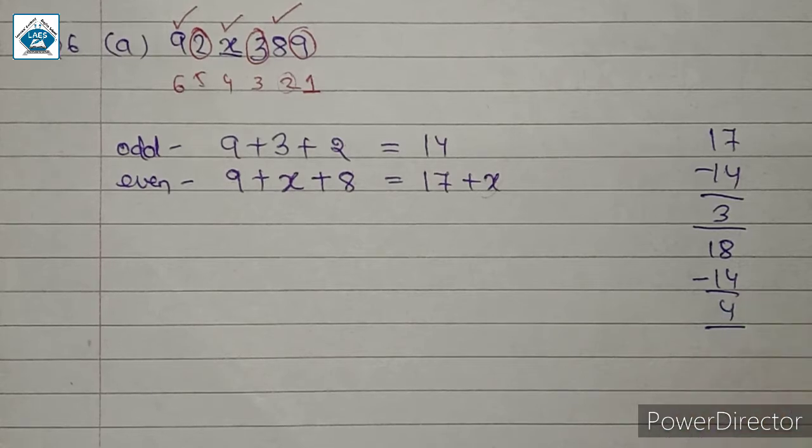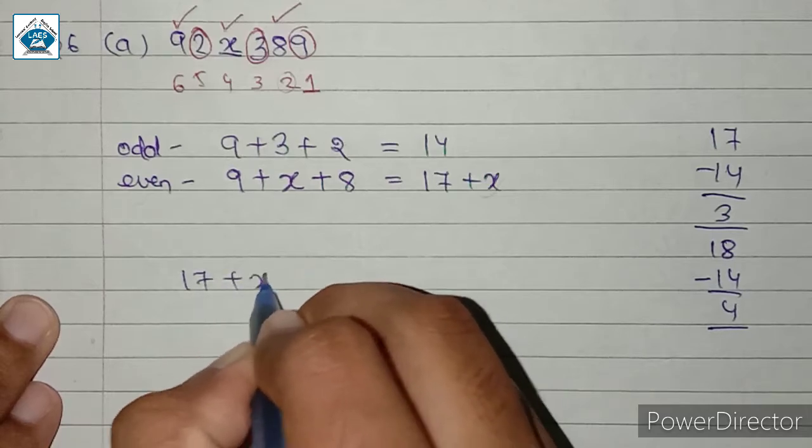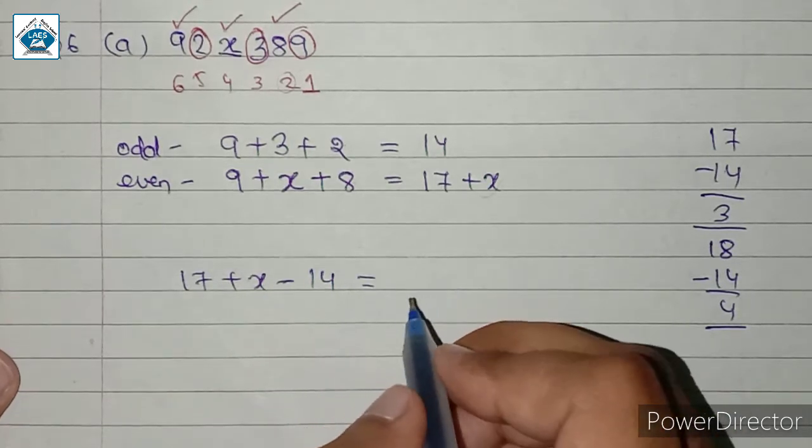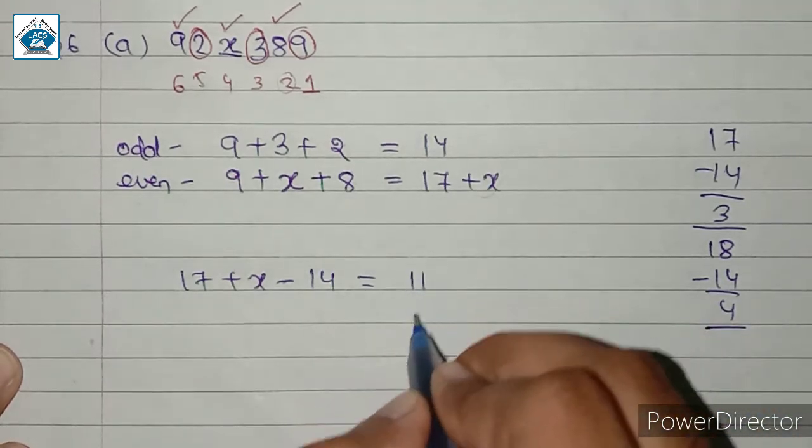So making the difference 0 is not possible, so the difference will not be equal to 0. Then what we will do, we will have to make the difference a number divisible by 11. So here 17 plus x minus 14 should be a number divisible by 11. So in this case we will take this number